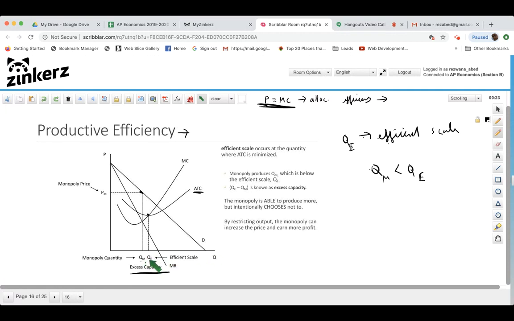By restricting quantity, by producing a quantity smaller than QE, they can increase their price, and therefore they can earn more profit. They intentionally do this because they know that if they produce a lower quantity, they can charge a higher price. So this is the idea of productive efficiency, and monopoly is not productively efficient